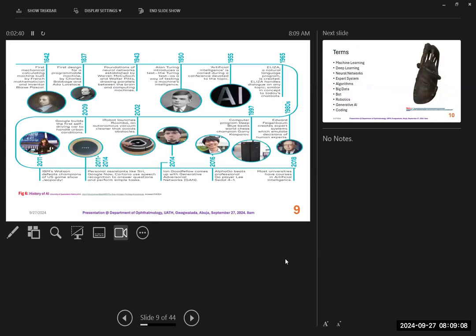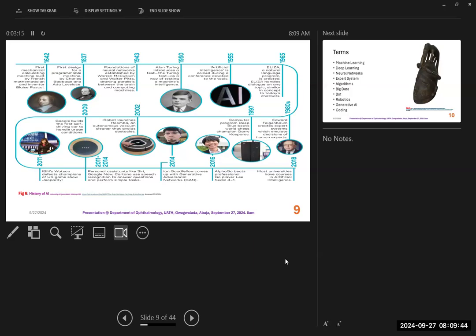Let's quickly look at the history of AI. We can sometimes argue that AI has been with us since the inception of the first man on Earth's surface, but there are some specific landmarks that we can refer to when we are talking of AI. I would like to use the summary as presented by the University of Queensland.